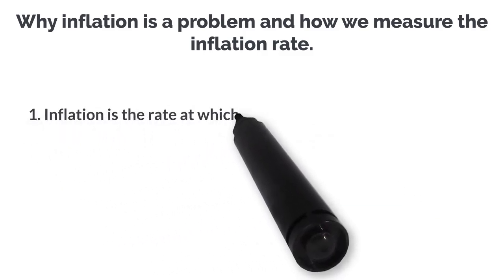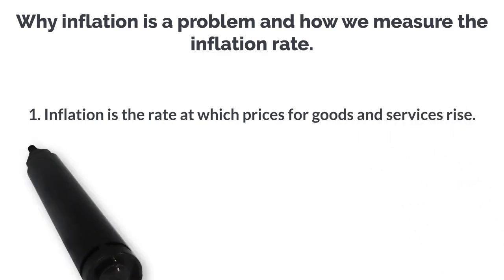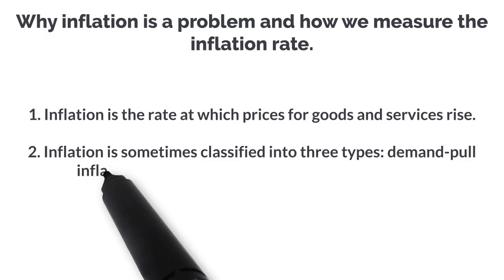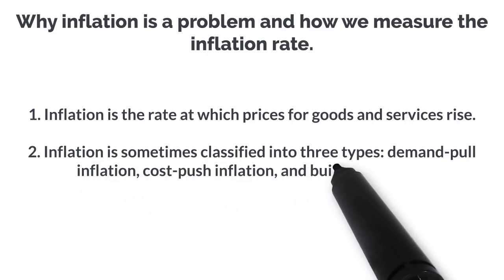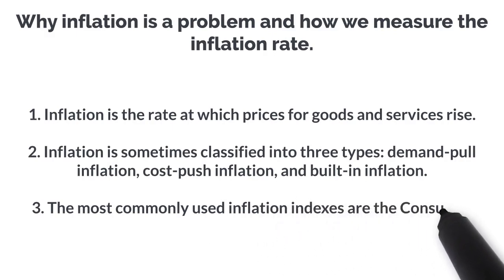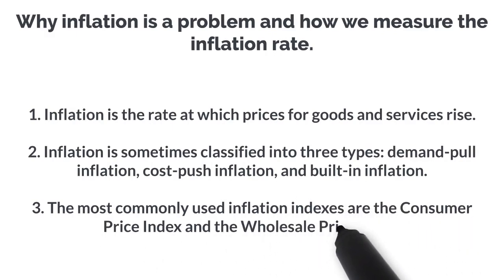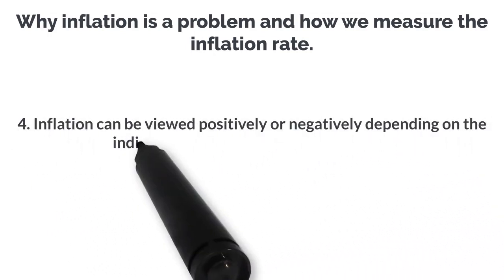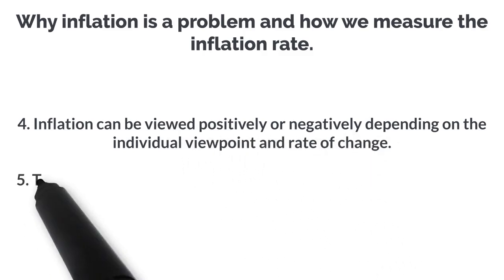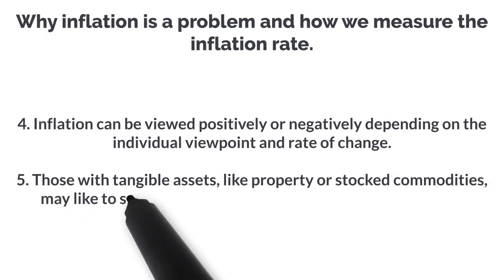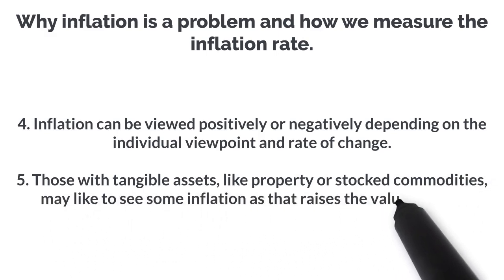Inflation is the rate at which prices for goods and services rise. Inflation is sometimes classified into three types: demand-pull inflation, cost-push inflation, and built-in inflation. The most commonly used inflation indexes are the Consumer Price Index and the Wholesale Price Index. Inflation can be viewed positively or negatively depending on the individual viewpoint and the rate of change. Those with tangible assets like property or stocked commodities may like to see some inflation, as that raises the value